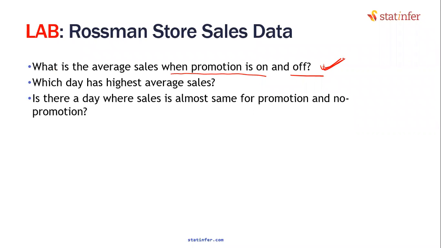That is a question that I asked. A simple option will be do the group by and give the result. Or you can complicate it by looking at the heat map and all that also can be done. Okay, this is an easy one. Simply group by promotion. Basically, I want the answer from you. What is the average sales when the promotion is on?